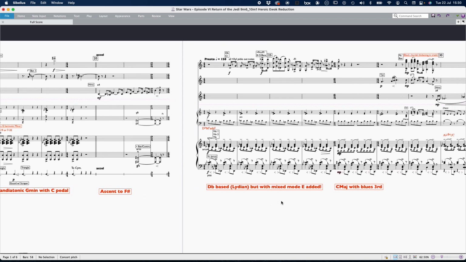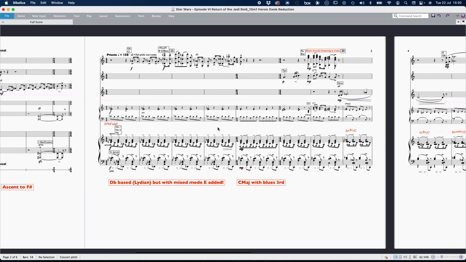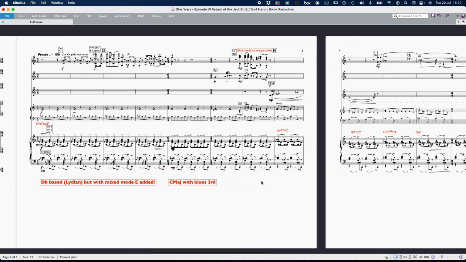Then we're into the Ewoks theme, bum ba-dum bum ba-dum bum ba-da-dee-dee-dee dum bum ba-dum bum ba-dum bum ba-da-bum, that one. And it's a D flat based thing, but basically there are lots and lots of rubbing notes. So it's not quite right, basically. It's lots of rubs. So we got that going, and then it goes into a C major with almost a blues third as well. And that continues, and